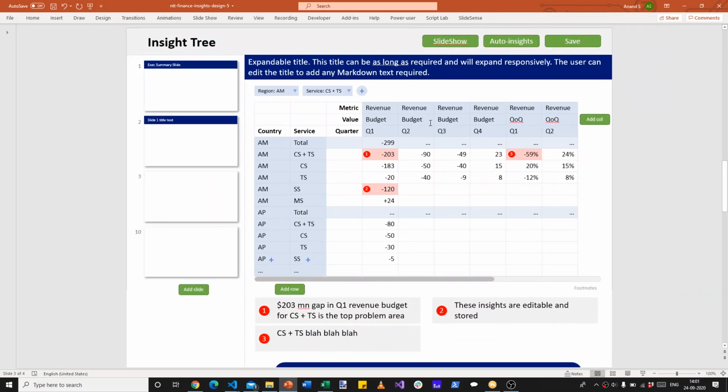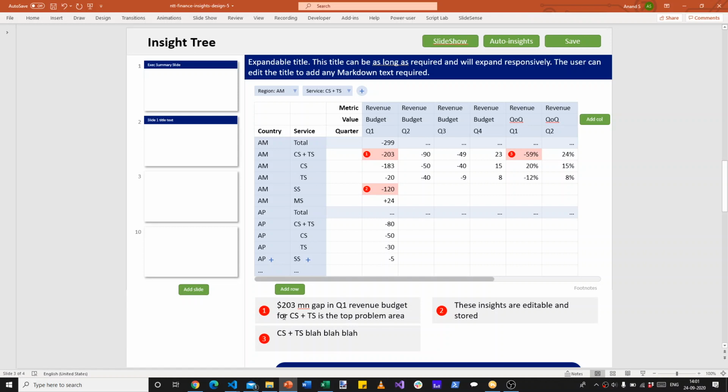What I mean by that is if somebody clicks on this auto insights, the system will go through all of these cells in the current set of filters and the current layout, and using whatever logic, let's not worry about the exact logic, it will say this is the number 1 cell that you should highlight, this is the number 2 cell, number 3 cell, number 4, how many ever it decides it needs to highlight. When doing so, it will automatically create a piece of text that explains why it thought this particular cell should have been highlighted, and these will be displayed here one on top, one after another.